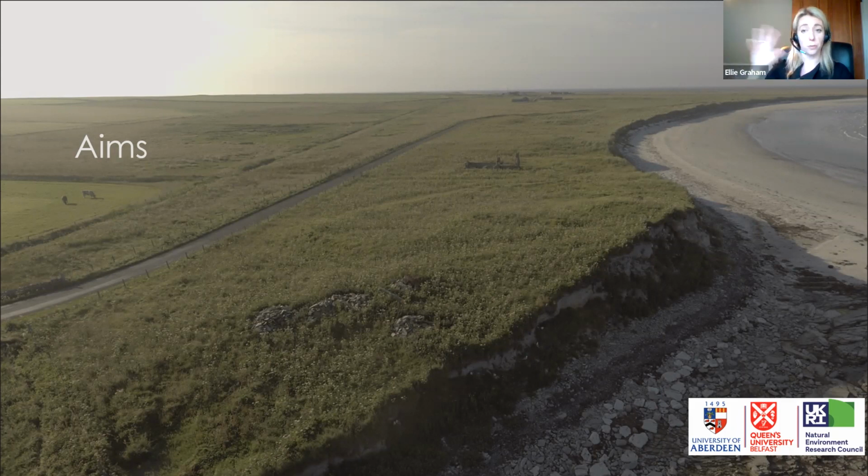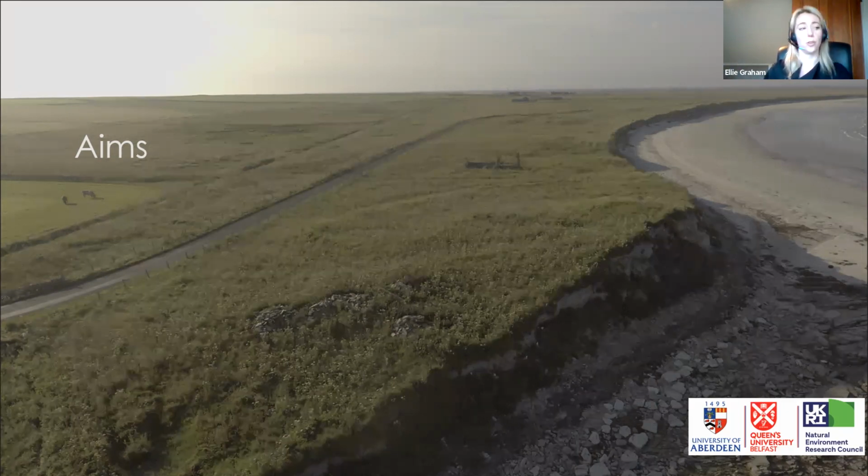So that's the overall grand elevator pitch of my PhD project, and it all sounds very, very worthy, doesn't it? But at heart, I'm a field archaeologist, and it's the sites I'm interested in. And the information they contain. So as well as looking at that broad brush landscape understanding of threat, I'm looking at individual sites as well to investigate them and learn what we can from them before they're further damaged or completely destroyed. So I'm going to try and give you an overview of both aspects of